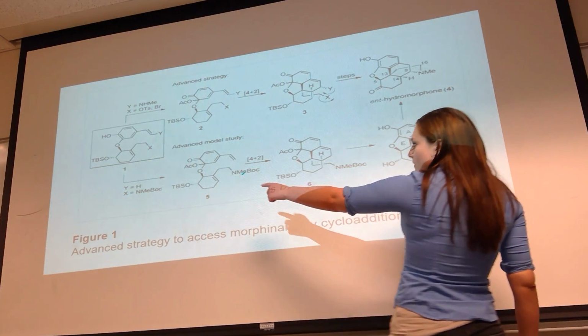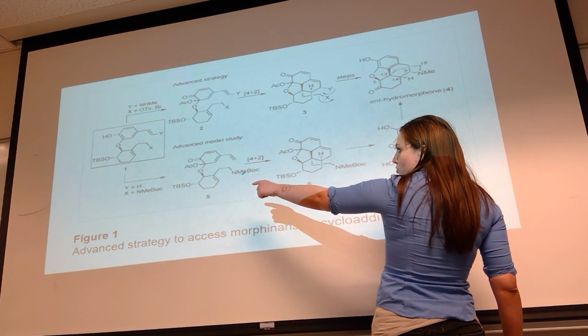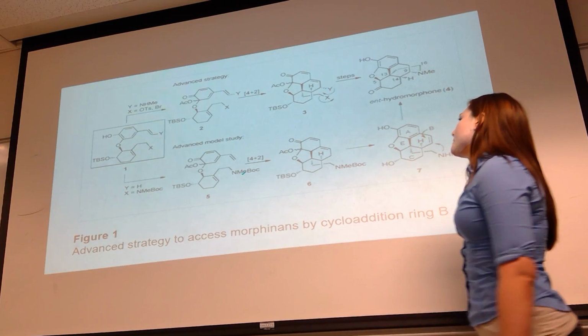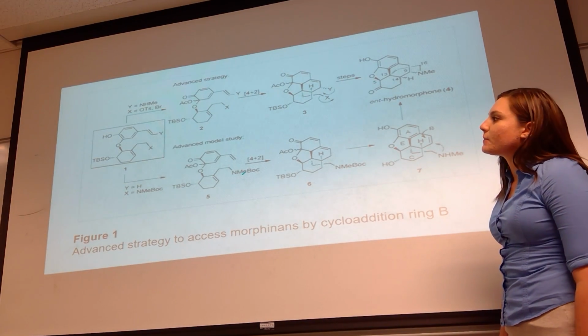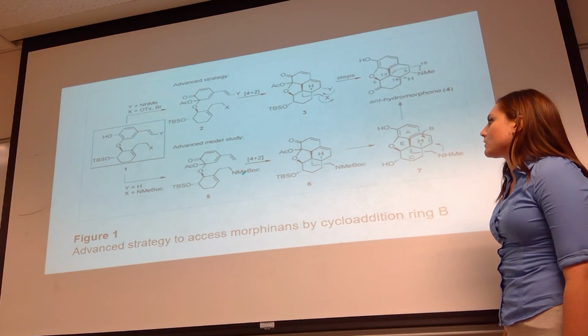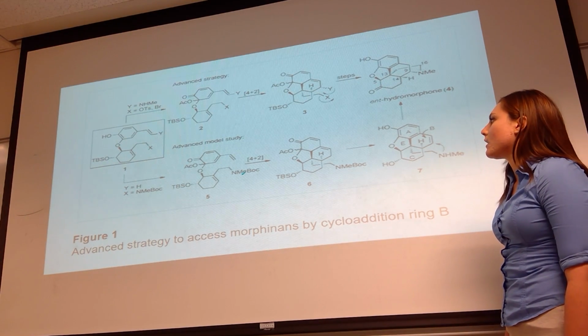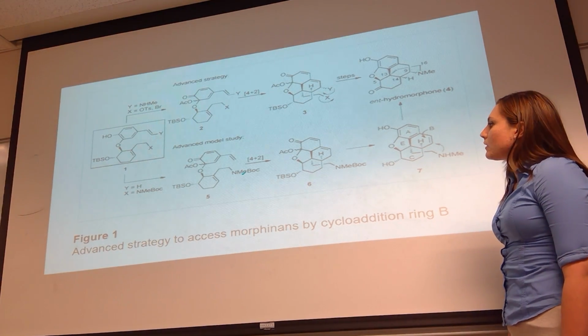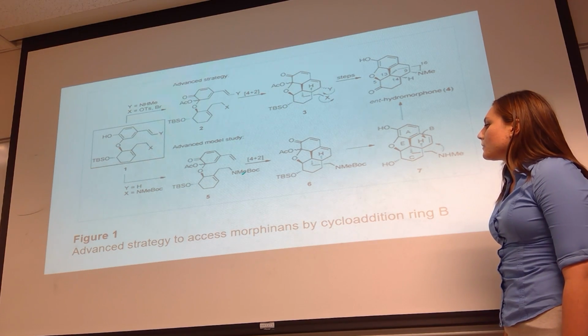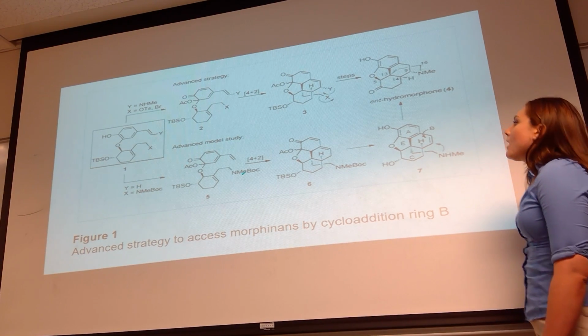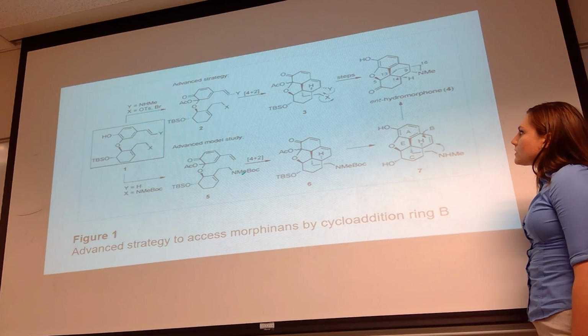And then they actually do an intramolecular Diels-Alder reaction, and that has never been done before. They use intermolecular Diels-Alder additions to get the hydromorphone backbone skeletal structure. And then from there, they do some workup with